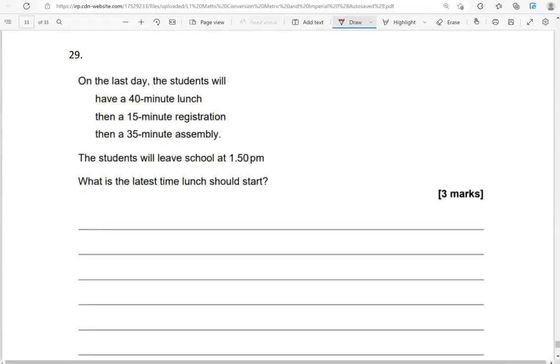On the last day, the students will have a 20-minute lunch, then a 15-minute registration, then a 35-minute assembly. The students will leave school at 1:50 p.m. What is the latest time lunch should start? So they leave school at 1:50 p.m. So we're going to work backwards. 35 and 15, if we add them together, that gives us 50 minutes. So if I go backwards by 50 minutes,